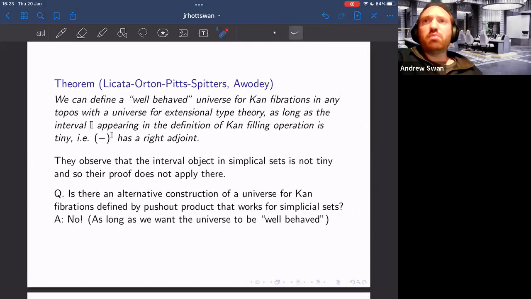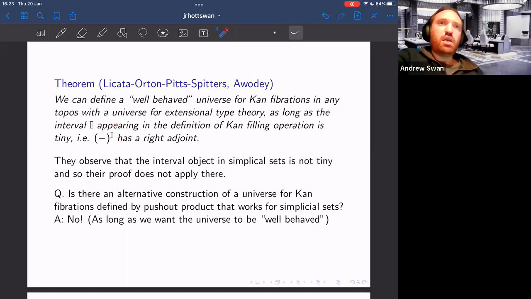This holds in some generality. There's a fairly general result by Licata, Orton, Pitts, and Spitters, and a later alternative version by Steve Awodey. They showed that if the interval appearing in the definition is tiny in the internal sense, which says that this exponential function has a right adjoint,